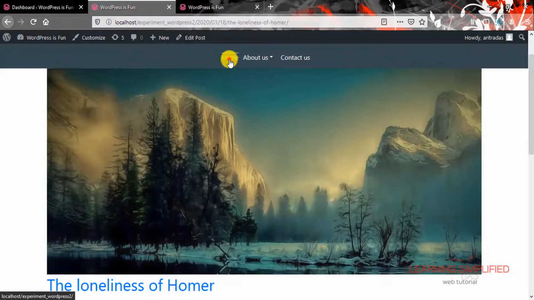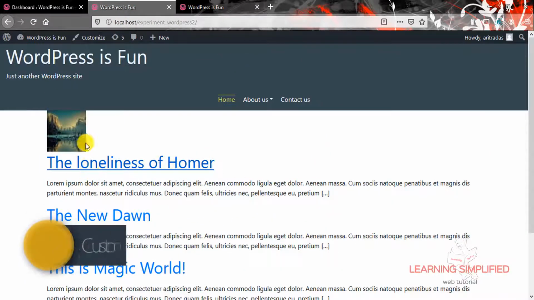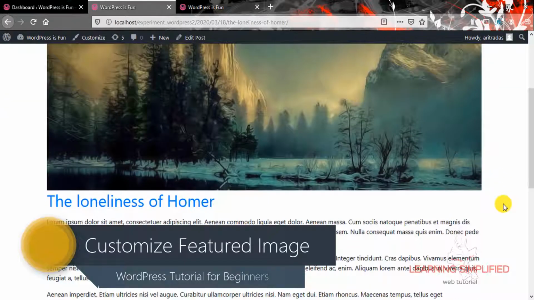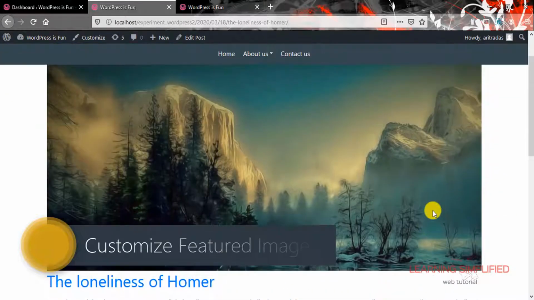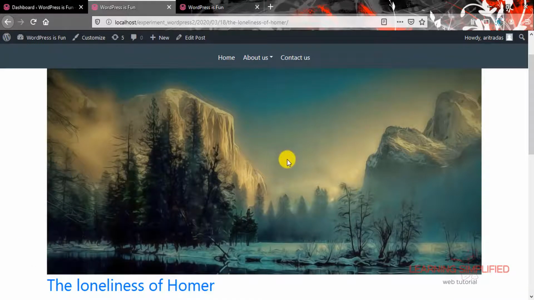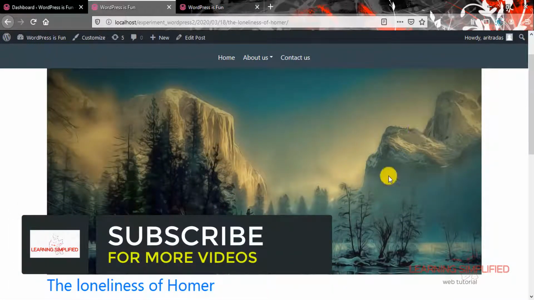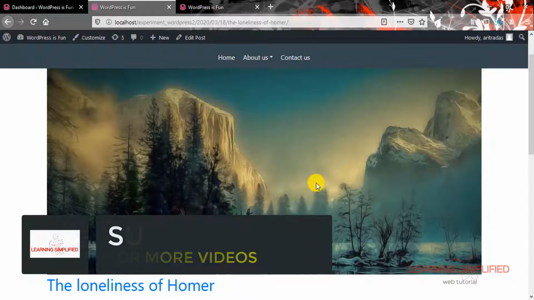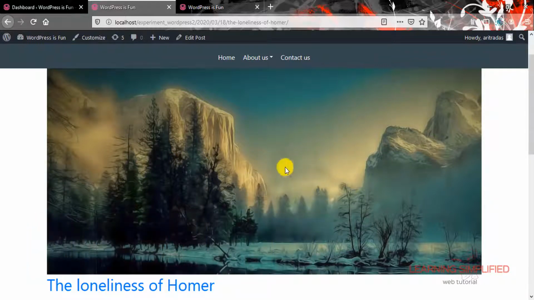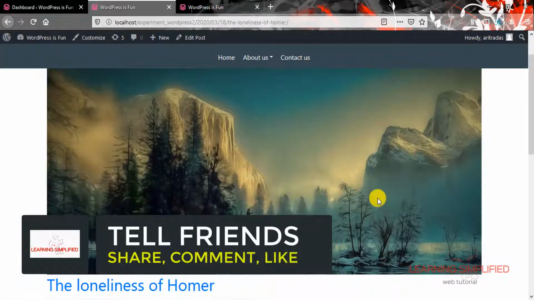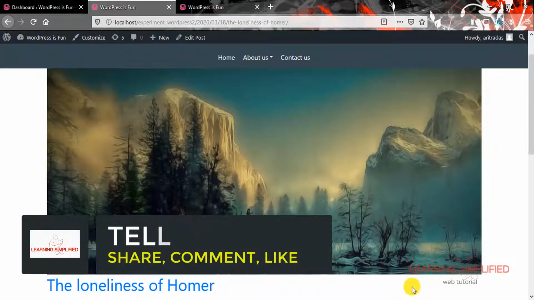So if we get back to home, we can see that this is the thumbnail preview, and if we click into it, we can see that this is the banner preview, which is practically using the featured image as the background image of a particular div. Now there's a little bit of a problem. We cannot view each and every part of this individual featured image that has been depicted right over here. So we need to make some additional customization.